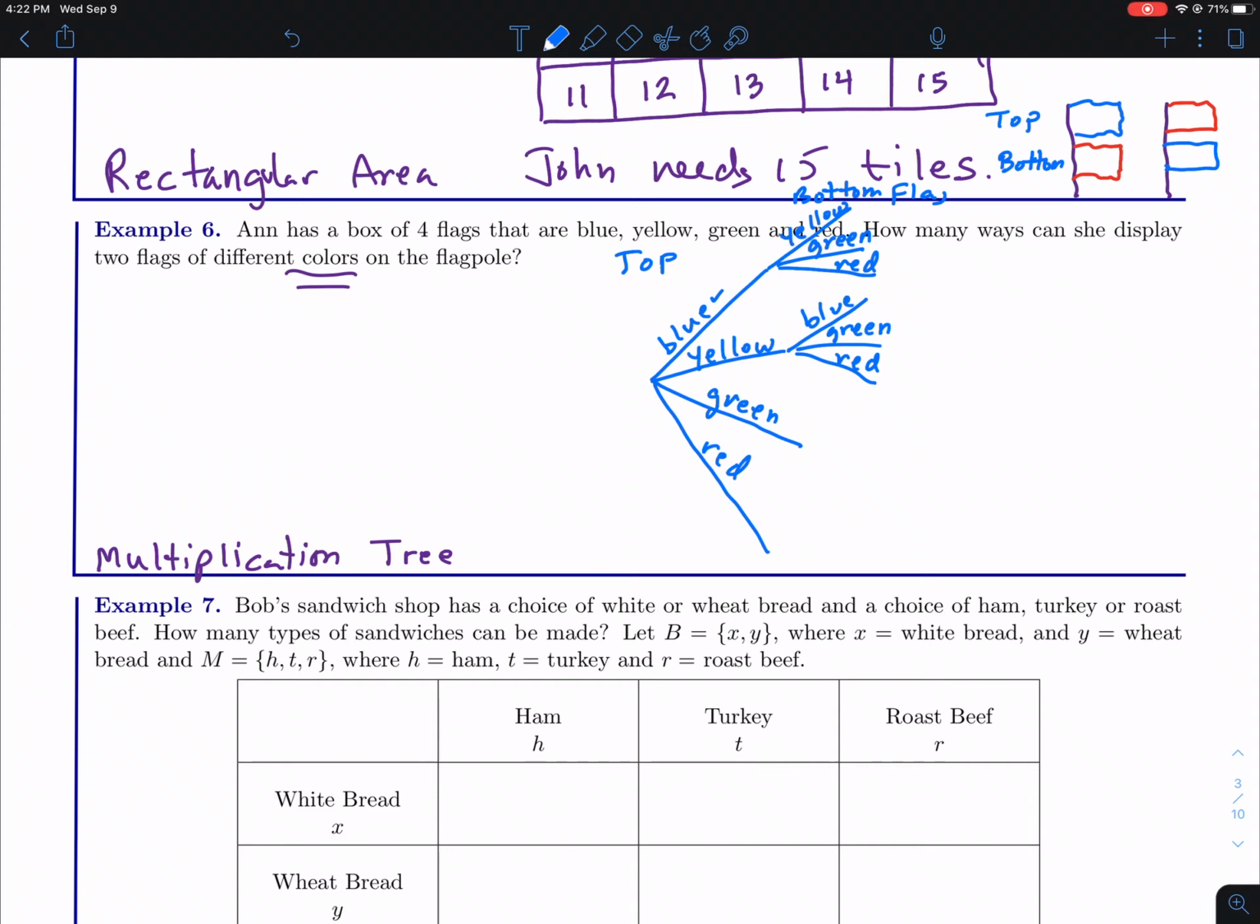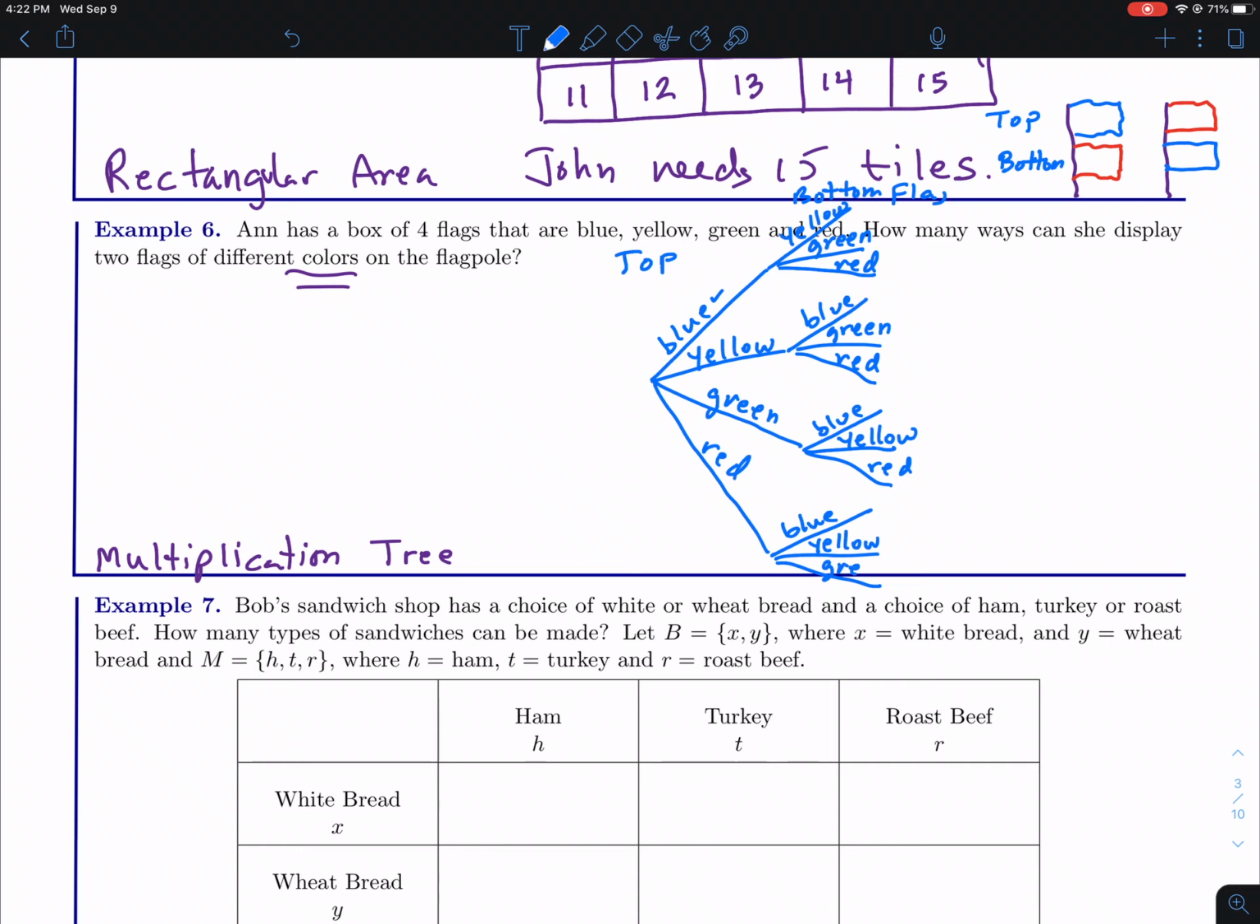So now same thing for green. So green's already been used, so I can't use it again. So I only need 3 branches. So in this case, I need a branch for blue, branch for yellow, and a branch for red. And then finally, down to red again. Can't use red again, so I only need 3 branches again. So I need a blue and a yellow